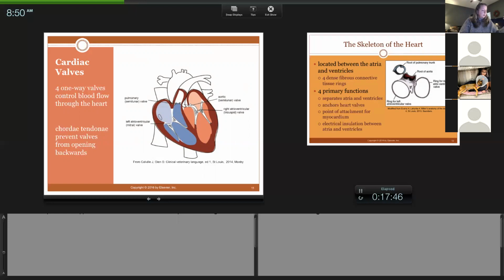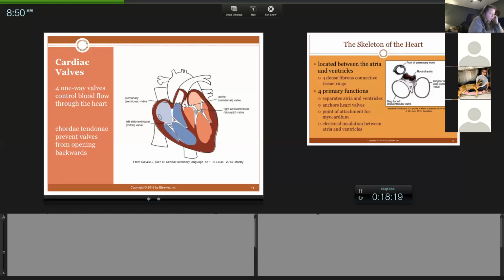So the question below it says, when is the pulmonic valve open and closed? It is open during ventricular systole. It has to open to let the blood out when the ventricle contracts. When is it closed? It's going to be closed during ventricular diastole. So when the ventricle relaxes, it's going to shut so that blood doesn't come backwards.